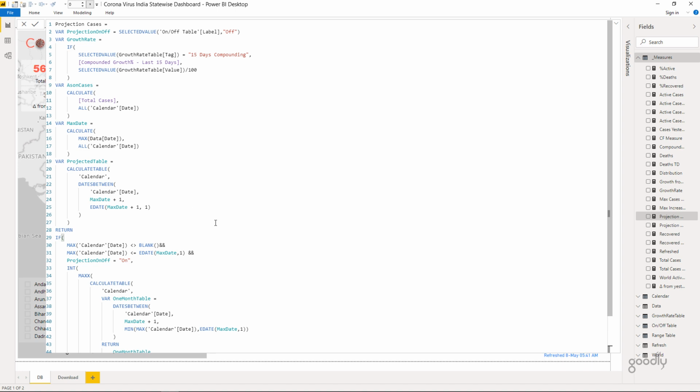So you can see that it's a pretty large measure, and maybe I'd like to zoom in the formula bar, make the text a little bigger on the screen. So how do I do that without using the mouse? You can also do that by holding the control key and rolling the wheel of the mouse ahead, but that's involving the mouse. But how do you do that without the mouse?